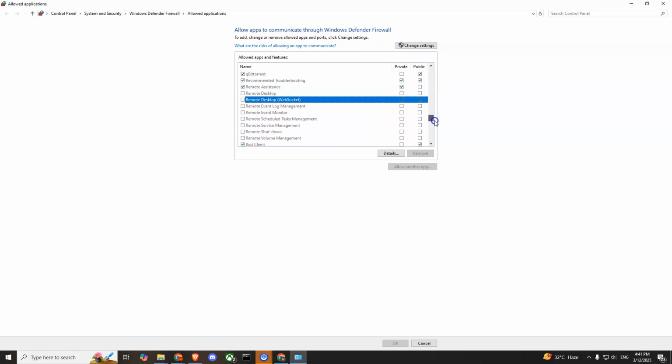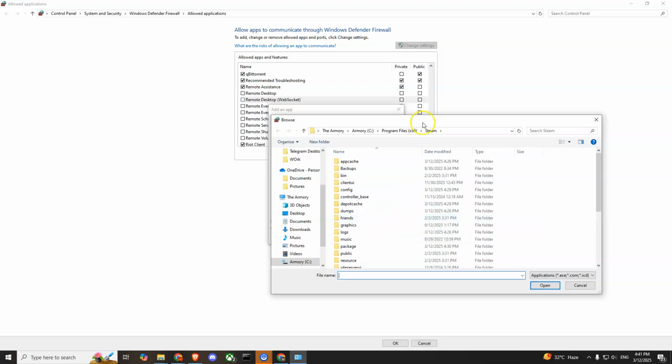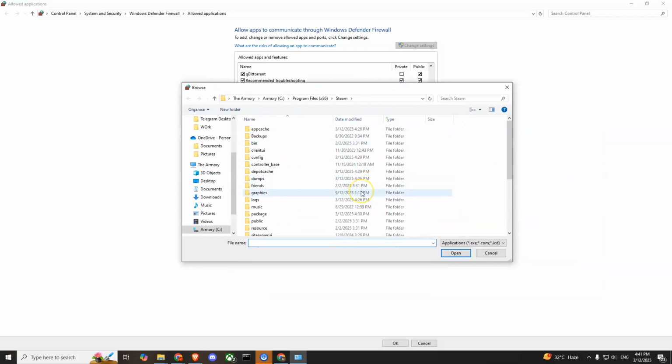If you cannot find Roblox, you'll have to add Roblox here itself. Simply to add, you'll have to press this change settings button. After that, you'll see the allow another app button is not grayed out. So press that here as well. From here, you'll have to browse, and then search for Roblox and its file location and select